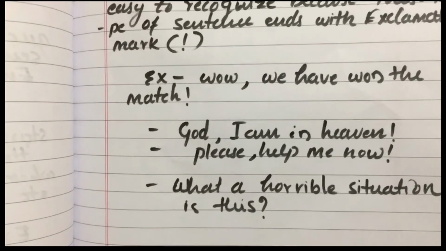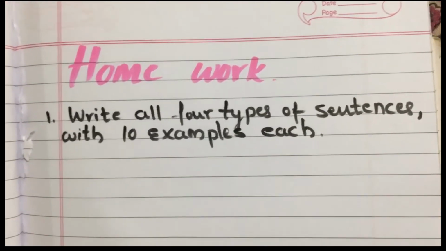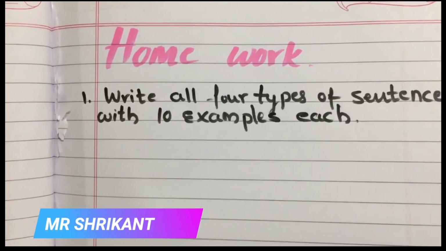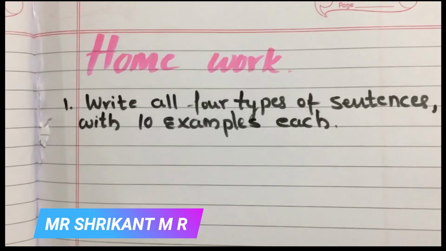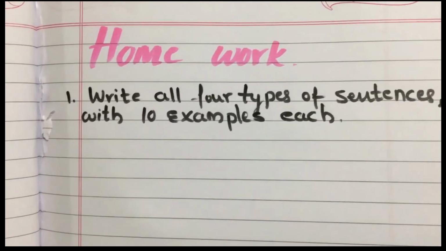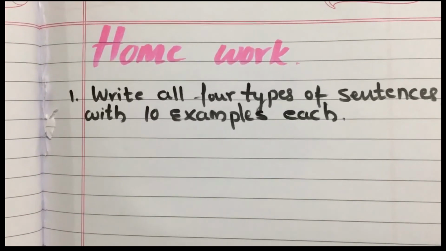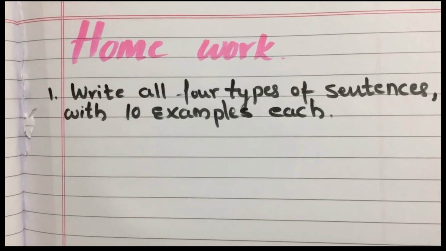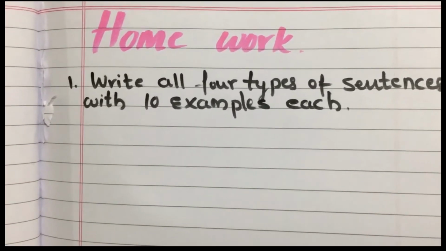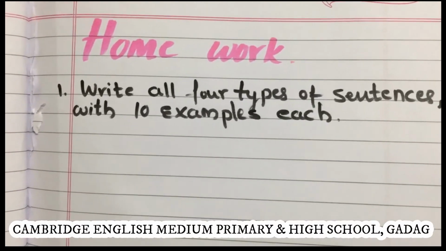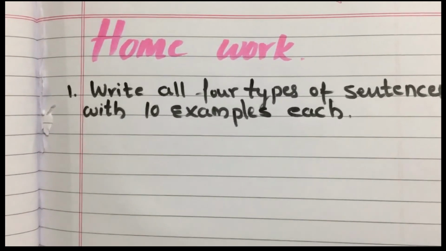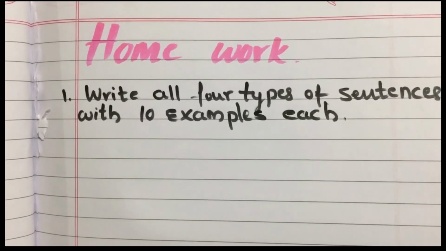Okay, dear students, in this video we have discussed and learnt about types of sentences and the basic units of language, word and sentence. So now it is time for your work. I hope you all understood my lesson today. Okay? First, take down homework. First one is to write all 4 types of sentences with 10 examples each. You should write 10 examples of imperative sentences,